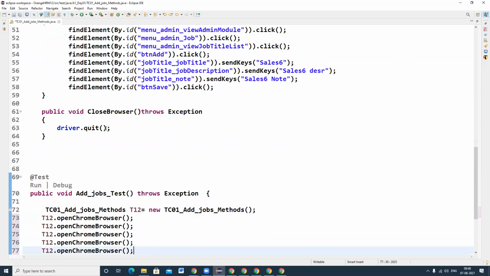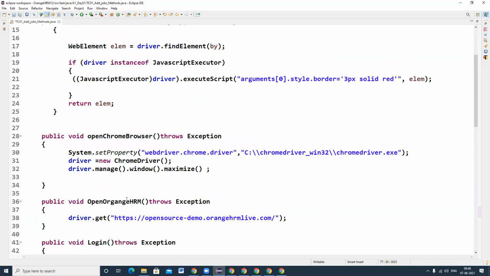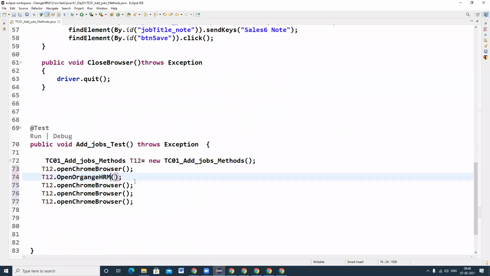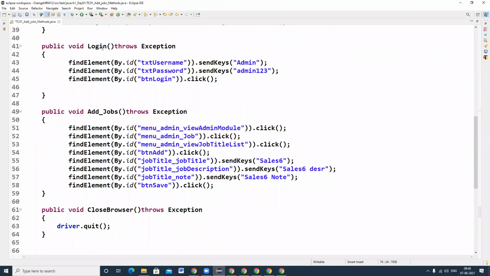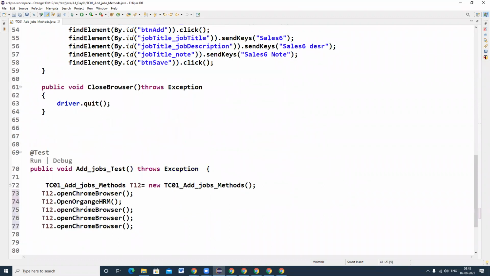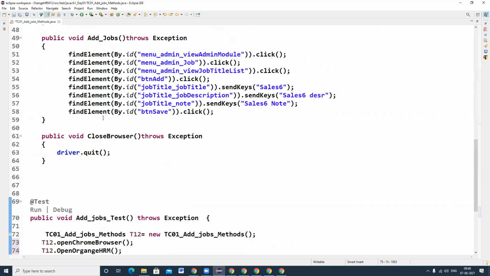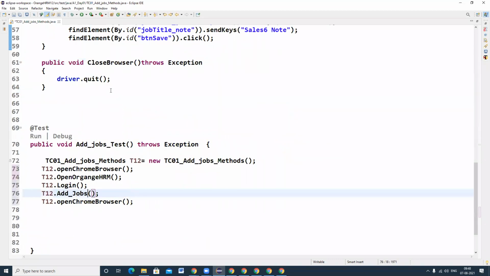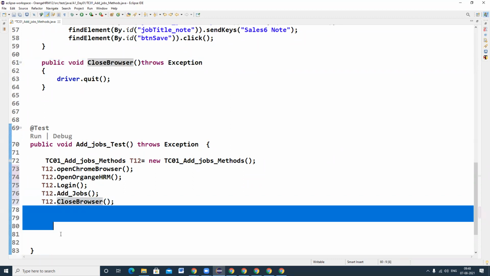The second method I want to call Open Orange HRM, Control C. Third method I want to call login method. And fourth method I want to call add jobs. And finally I want to call close browser method.